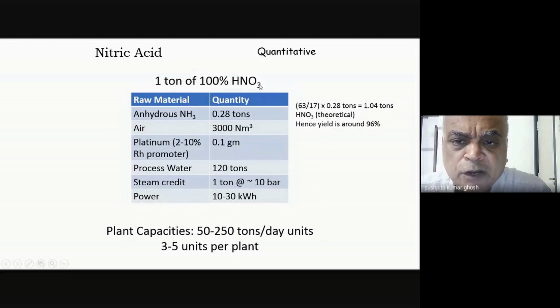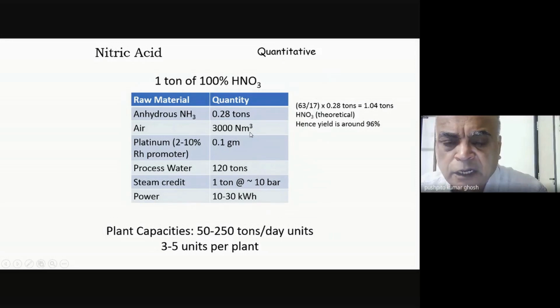If you want to make 1 ton of nitric acid, let's say on a 100% nitric acid basis, this is how much ammonia you require, 0.28 tons. You can work it out. Nitric acid has a molecular weight of 63, ammonia is 17, and you're taking 0.28. So 63 by 17 multiplied by 0.28 comes to about 1.04 tons. So theoretically, you should get about 1.04 tons. You're getting about 1 ton, which means you're talking about roughly a 96% conversion, which is similar to what you found here. So the two data are consistent, and this is how much air that you require,